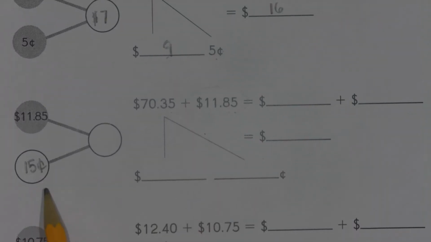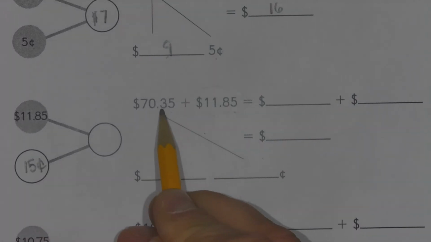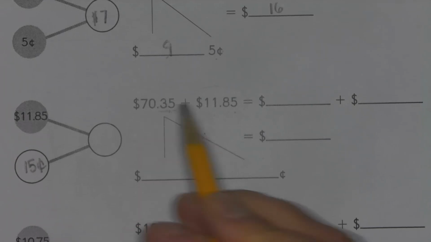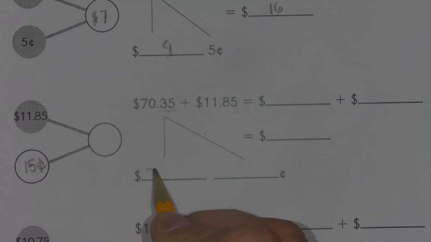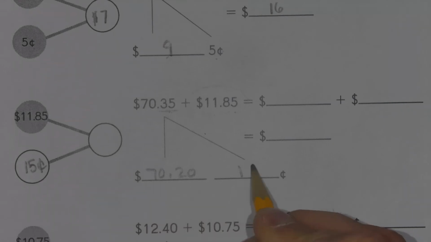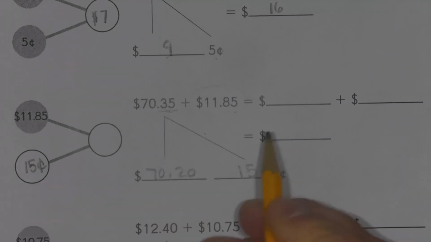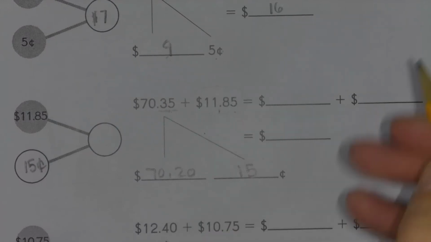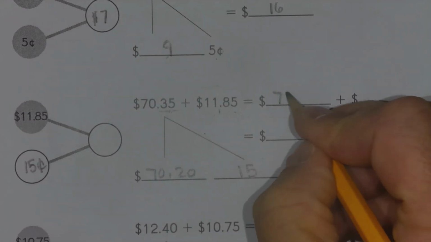The only place I can get that 15 cents is right here. So I'm going to change this $70.35 to $70.20. And I'm going to take that other 15 cents and I'm going to put it here. So now I can say what $70.20